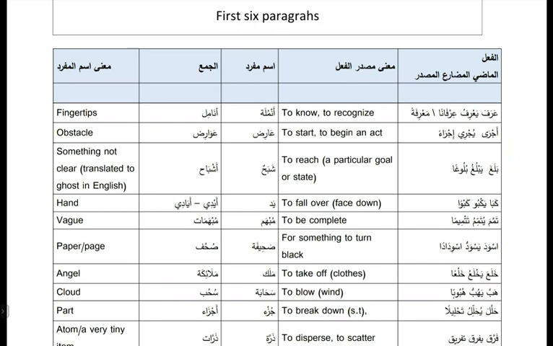Now some verbs will have 2 commonly used masdars. It's very common for a fi'l thulathi mujarrad, a 3-lettered verb, to have more than one masdar form. That's quite common, and if you access the Handsworth dictionary, this will be even more obvious. So this is how you need to learn it: arafa, ya'rifu, irfanan, wa ma'rifa, together.